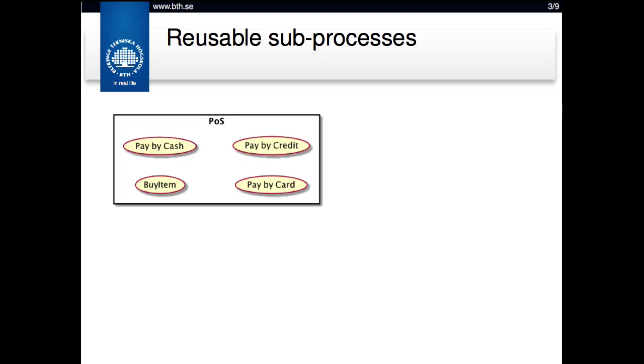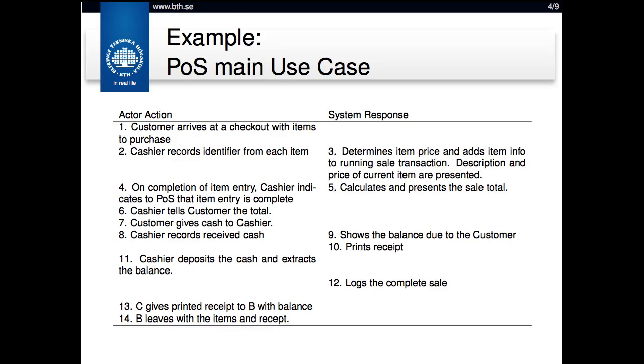We have a number of different options to do this. The first one would obviously be to copy the entire use case and then just replace those lines. That's, for obvious reasons, not the most optimal way of doing things. So if we look at the text version, the main course of events goes like this: the customer arrives at the checkout, records identifiers, and we